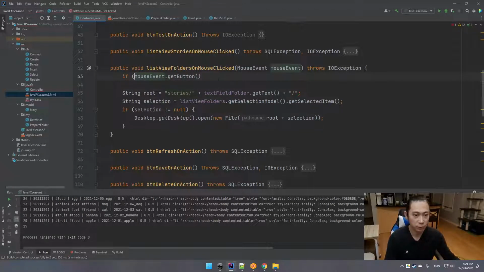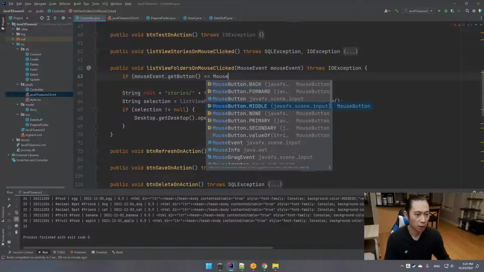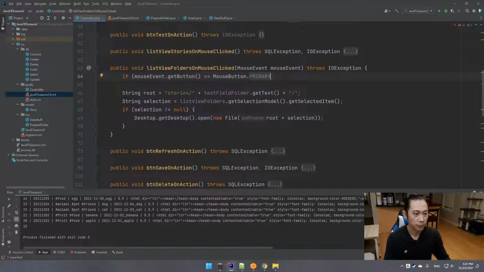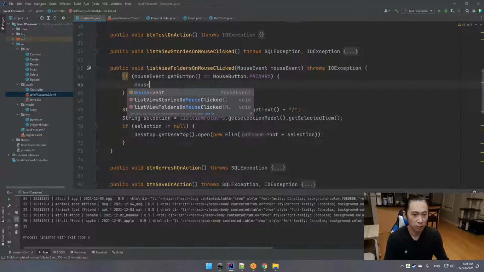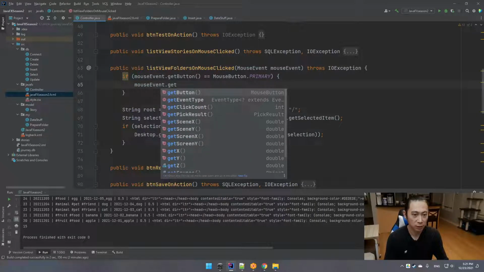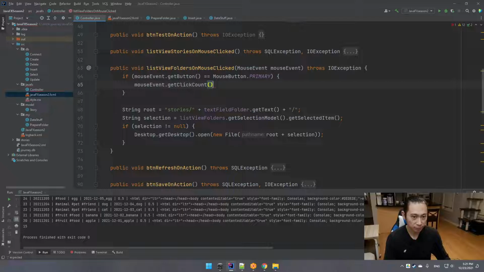So if this equals to mouse button dot primary, if it's equal to that, okay, we're gonna do something, and then we're gonna say mouse event dot get click count equal to,